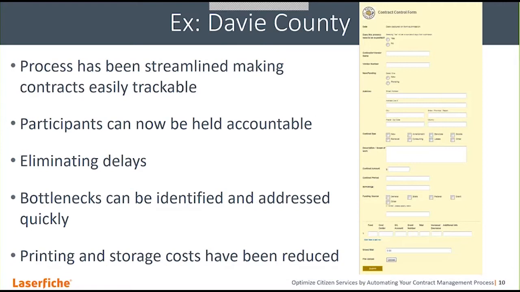Before utilizing e-forms, Davie County's contract approval process was paper-driven and highly inefficient. In the past, a department representative would fill out a submittal document in Microsoft Word, print it, and attach it to a paper copy of the contract. This contract was then hand-delivered to various departments for signatures. If changes were necessary, paper copies were returned to the submitter for corrections and then returned to the reviewing department